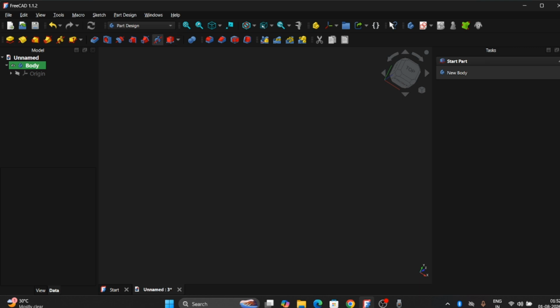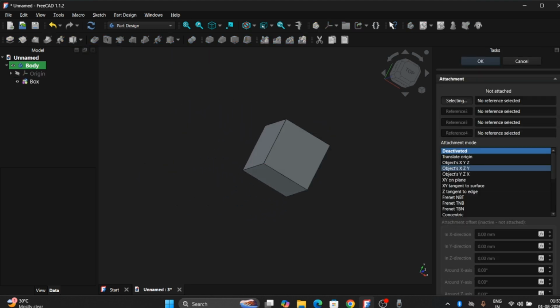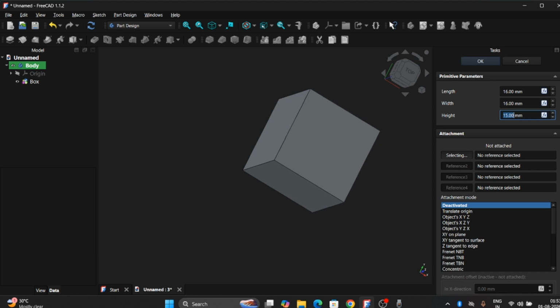Make sure you have selected the Part Design Workbench and the body is active. Click here. This is the additive primitive icon. Okay. First we are selecting additive box. So the box is created here. In the right side panel we can adjust the parameters to make our box like this: length, width, height, and then